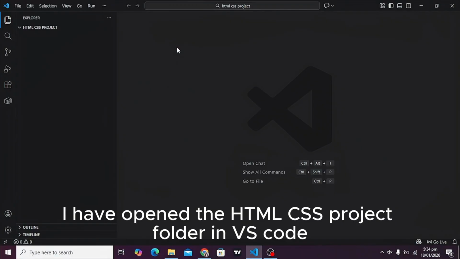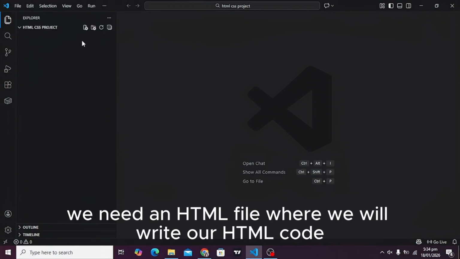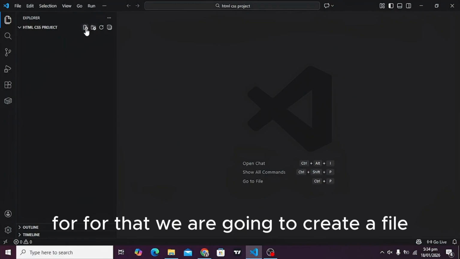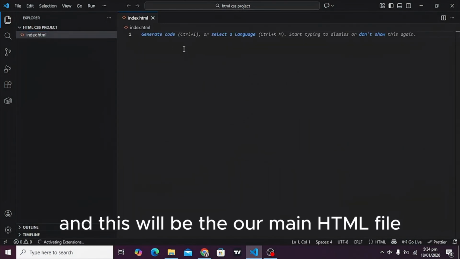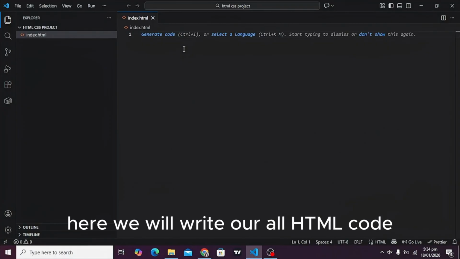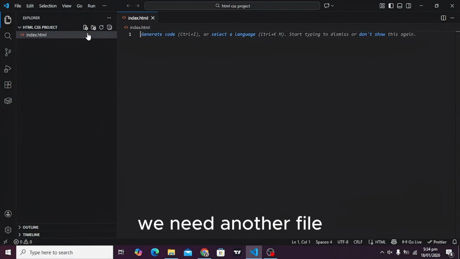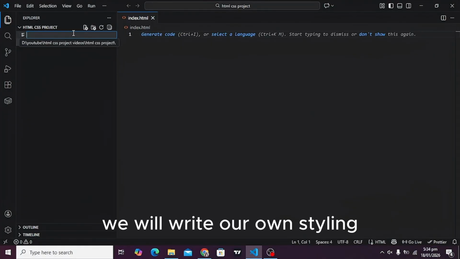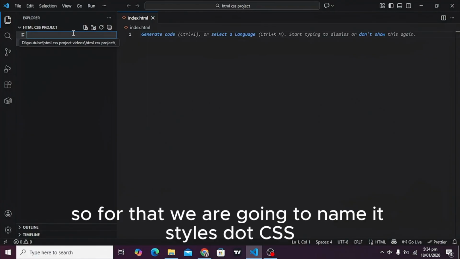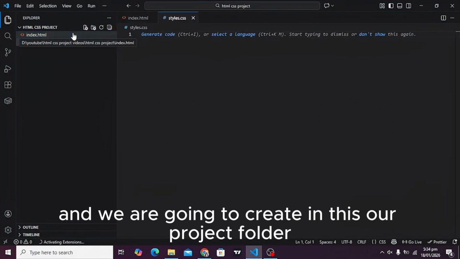I have opened the HTML CSS project folder in VS Code. First of all, we need an HTML file where we will write our HTML code. For that, we are going to create a file and name it index.html. This will be our main HTML file. Here we will write all our HTML code. We need another file to save our CSS properties or values, where we will write all our styling. For that we are going to name it styles.css and create it in this project